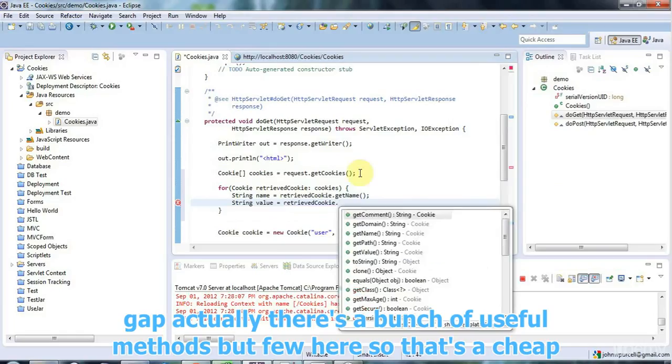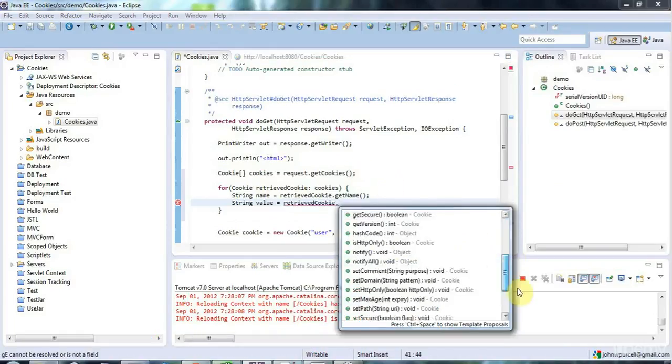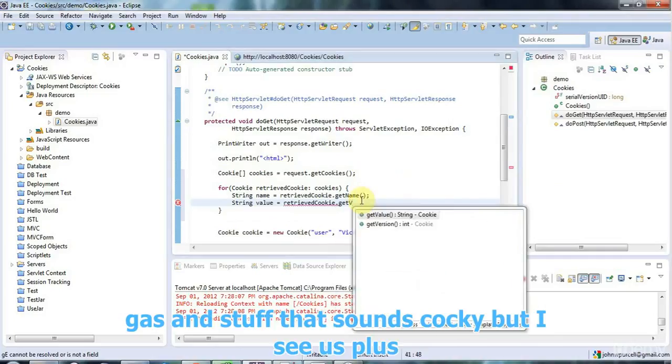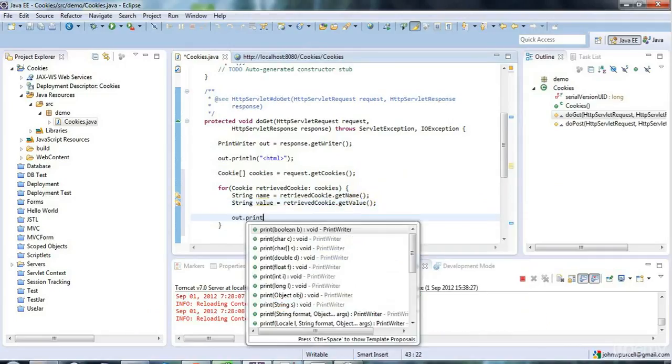Actually, there's a bunch of useful methods there which you can look at your leisure, but we're only going to look at a few of them here. So let's say retrievedCookie.getValue, and let's just output that. So say out.println